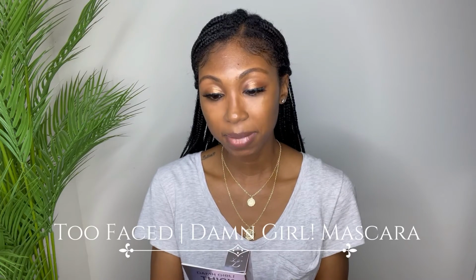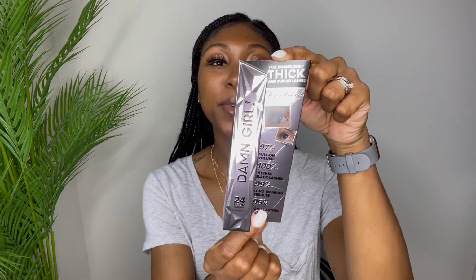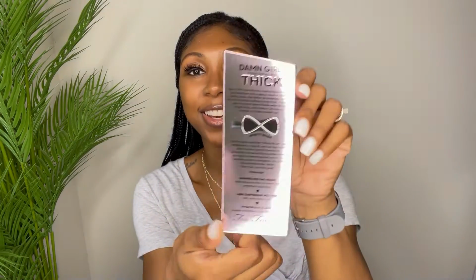And my last and final item, this is my fifth item. This is a mascara called Damn Girl. I love that name. It says, damn girl, those lashes are thick. Love it. All right, so let me tell you, I'm obsessed with mascara. And Boxycharm, I want to say thank you so much for sending me that Lily Lashes mascara, I don't know how many boxes ago, but I am so in love with it that I just ordered another one. It's amazing. Anyway, this is from Too Faced,